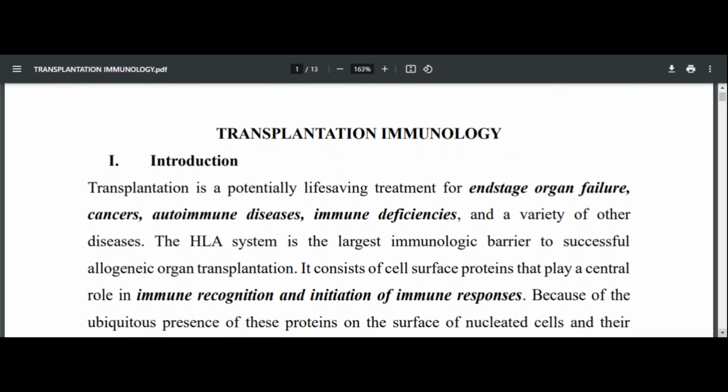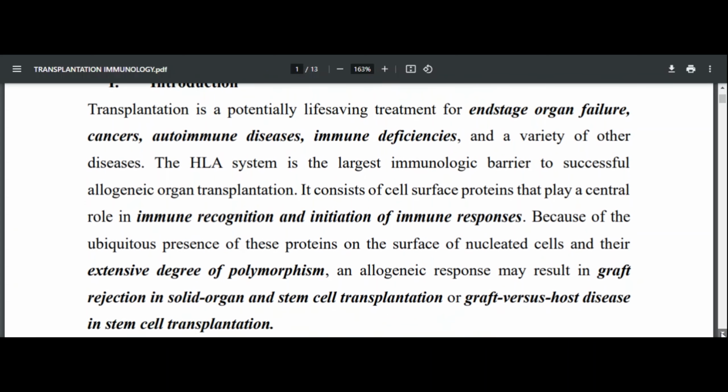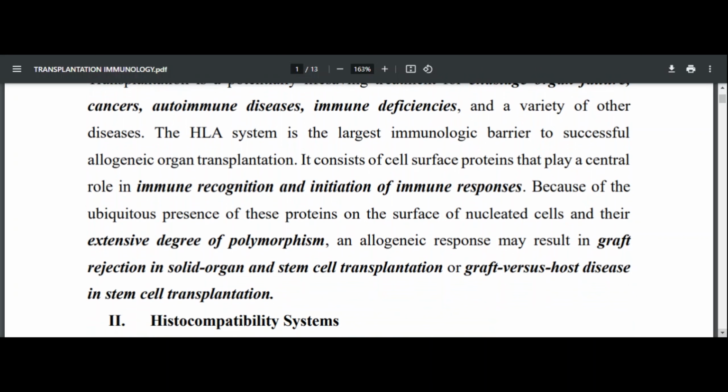Human leukocyte antigens, as you remember, we discussed them yesterday. They are really very significant when it comes to transplantation. The system consists of cell surface proteins that play a central role in immune recognition and initiation of immune response, because of the ubiquitous presence of the proteins on the surface of nucleated cells and the extensive degree of polymorphism. So an allogeneic response may result in a graft rejection in solid organ and stem cell transplantation, or graft-versus-host disease